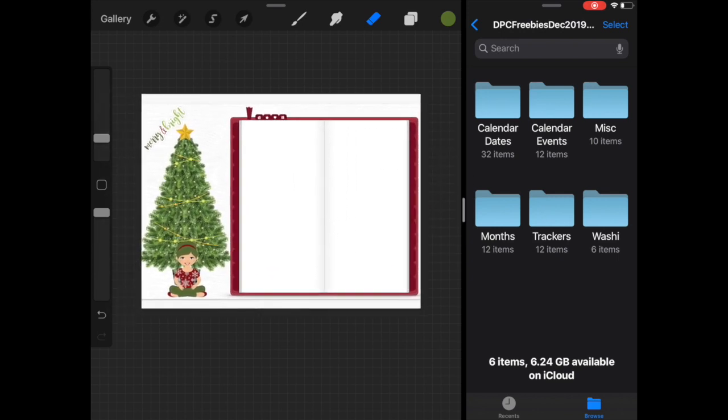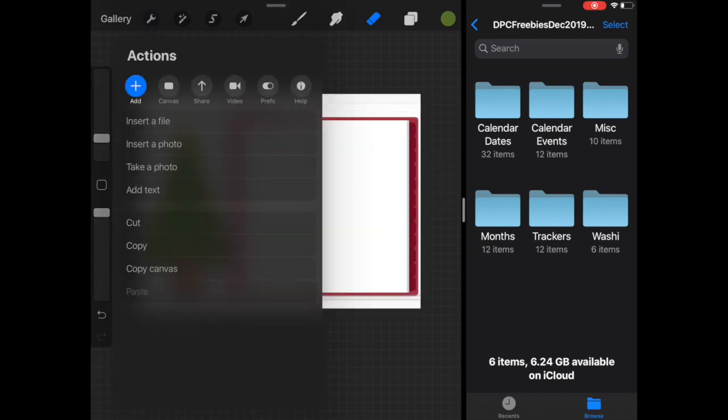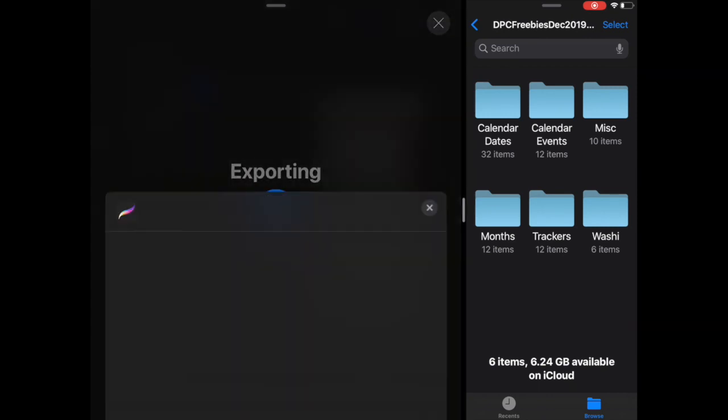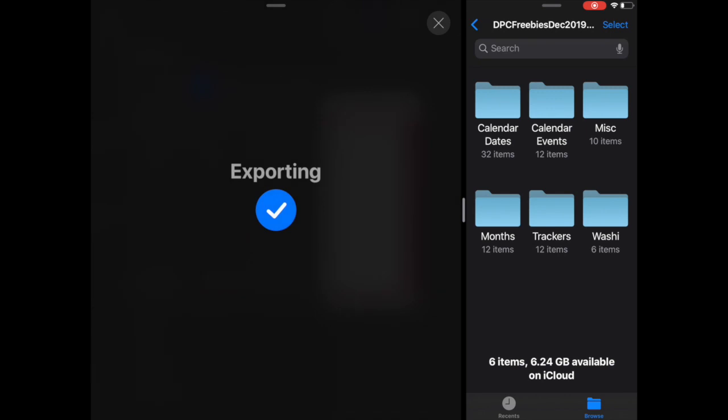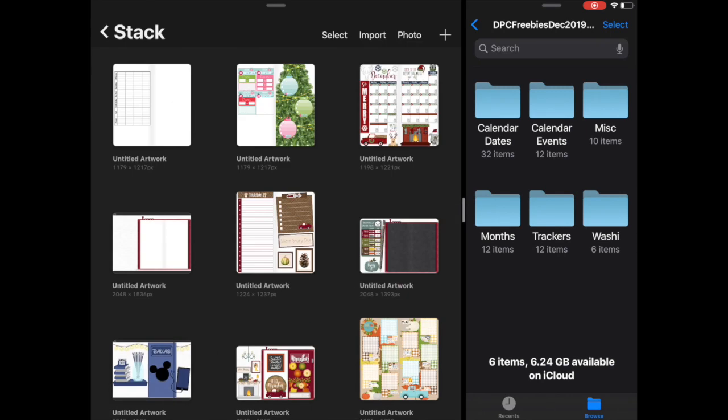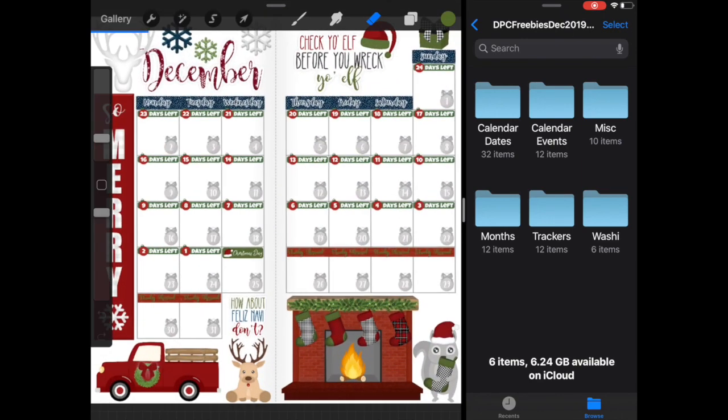So to export, you'll just hit the little wrench button in the top left and go to share. And I like to save everything as a PNG. It just makes it easier. Save it to your photos, and then you need to go back to the gallery and make sure to save